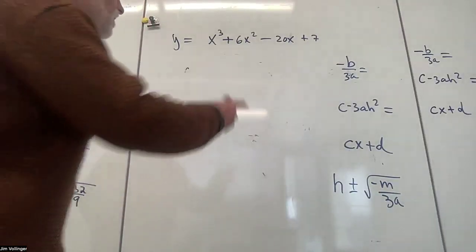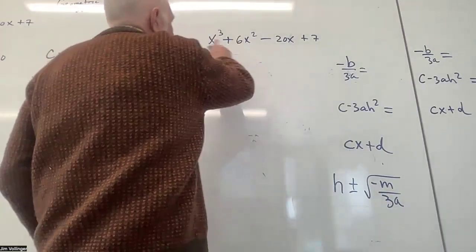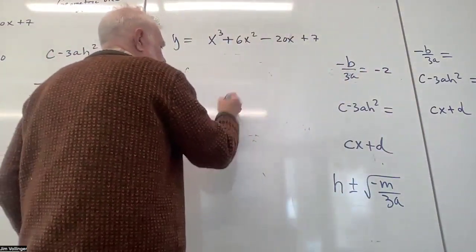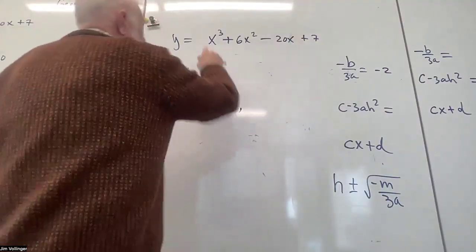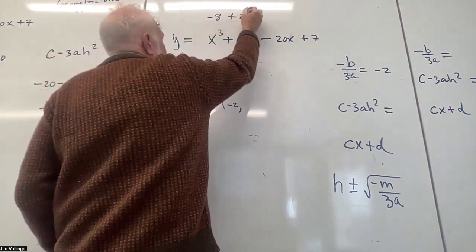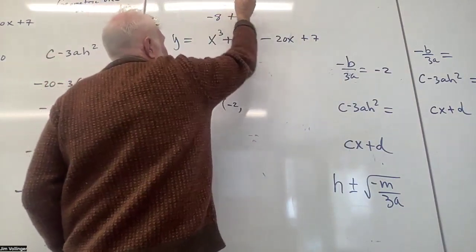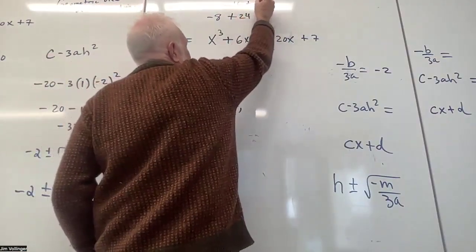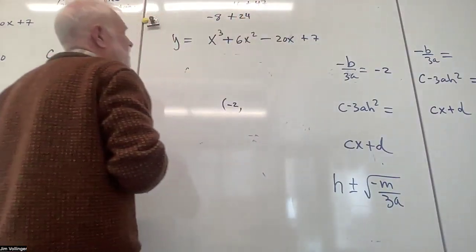All right, so what's minus b over 3a in this case? Minus 6 divided by 3 is -2, so I know at -2 I have to find the y value that goes with it. So I plug -2 in, that's -8. If I triple that and change the sign, it should be that. If I add those together, it should be that. And -2 times -20 is positive 40, and 7. And so that gets me